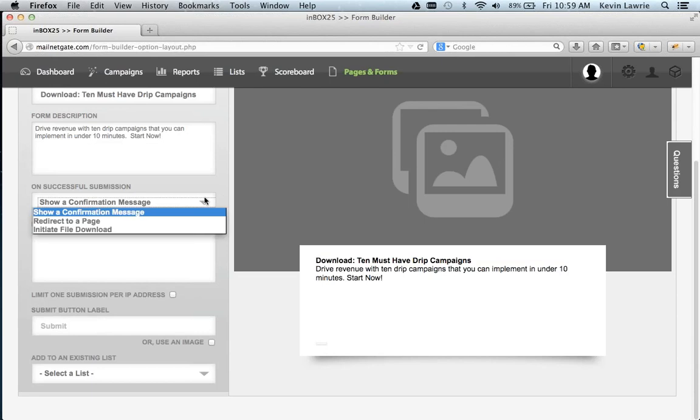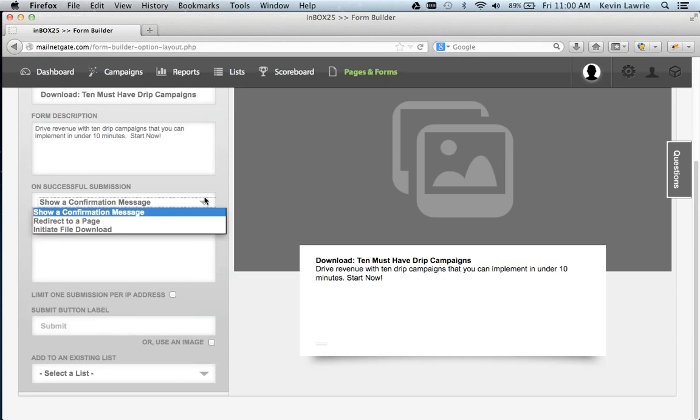When a visitor or prospect converts on your landing page, you have several options as to what should occur at that point. You can show a confirmation message. You can redirect to a page, for example, maybe a thank you page. Something that I also like to do is redirect to another landing page, which is set up as a thank you page, but also has another form attached to it to continue collecting data from your visitor or prospect that has already converted. Now they typically have a slightly lower conversion rate, but it's another opportunity to continue building that profile on your particular